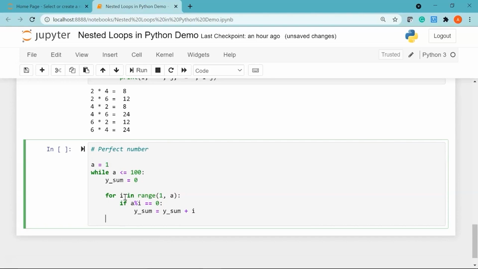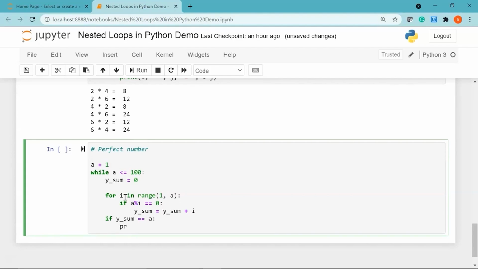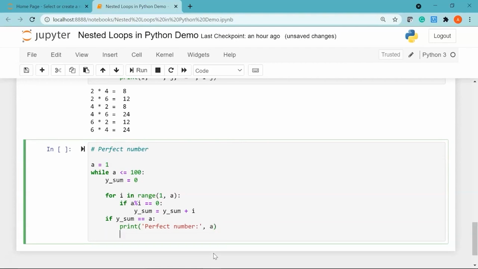Then I'm going to say if my y_sum value is equal to my a value, then it's a perfect number. So I'm going to use a print statement saying print perfect number, give a colon, then I'll give a comma and print my variable a.